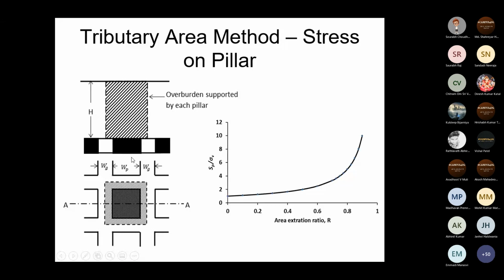So once I am creating such type of opening, and if I just look into this section, what will happen? The load which has been created by the weight of the material on top of the surface, and the weight of the material lying on the side, 50% of this load will be added to the pillar within the mine. Okay, so we can draw a very good graph between SP and SV, and they are related with some mathematical relationship.